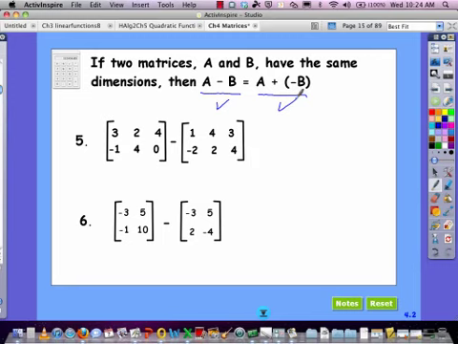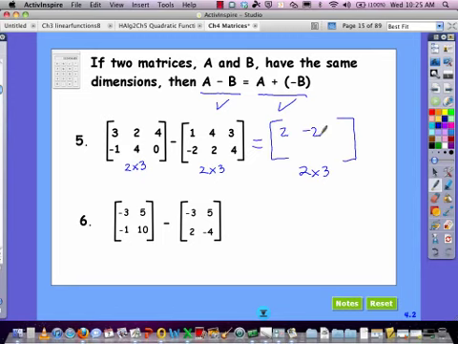On this first one, let's go ahead and subtract as normal and see what we get, knowing that we have 2 matrices with the same dimensions. So we have a 2 by 3 to start with. Subtracted from a 2 by 3, we had better get a 2 by 3. So here we go. First row, first column, that's 3 take away 1, or 2. Then we go across, filling in across, 2 take away 4,